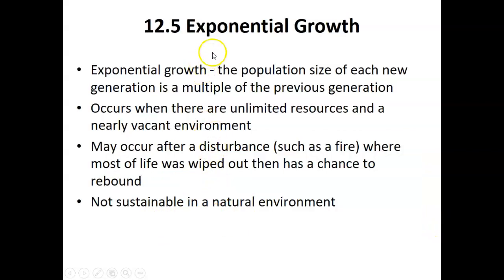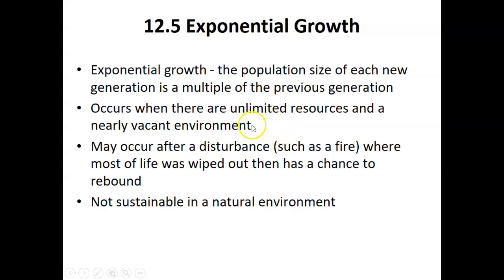The first model is the exponential growth model. In exponential growth, the population size of each new generation is a multiple of the previous generation. This kind of growth occurs when there are unlimited resources and a nearly vacant environment. This condition is very important. Only when the resources are unlimited and sufficient can the population double or triple, or multiply many times, compared